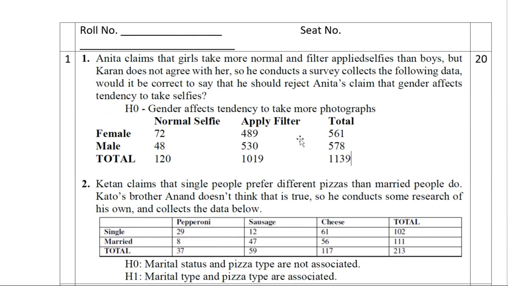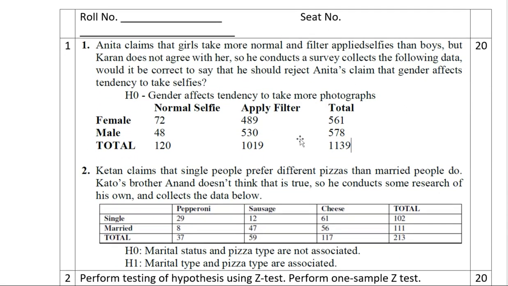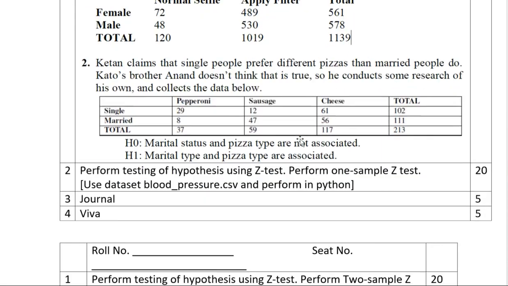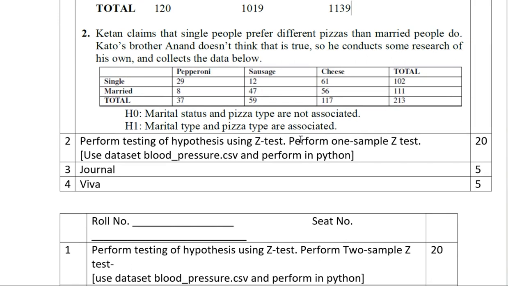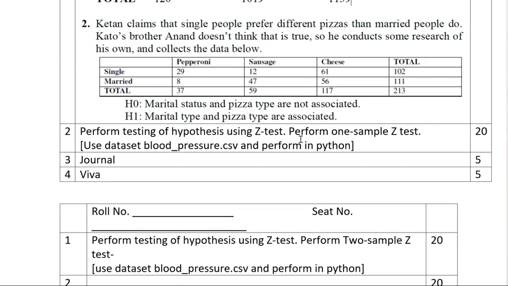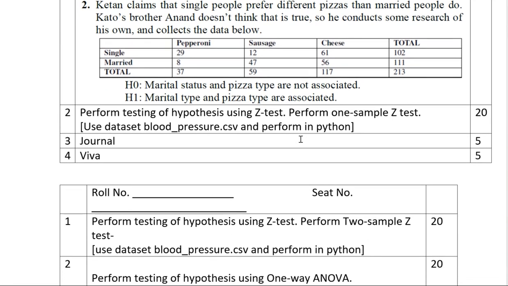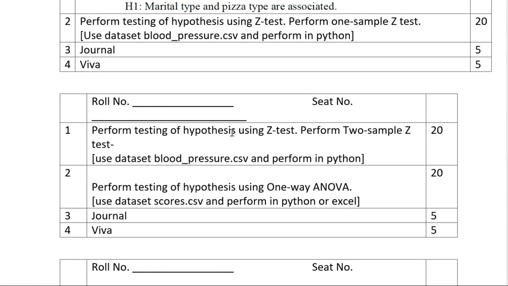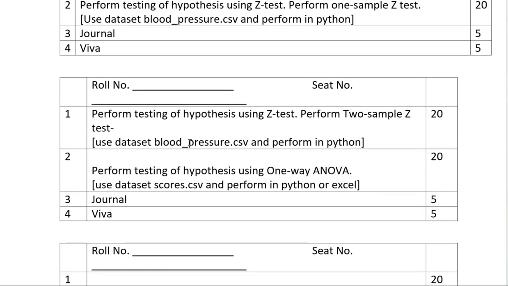In the same way we have to perform the chi-square test on the given data in Excel. Then perform testing of hypothesis using z test. For one sample z test, we have to use the blood pressure.csv and write the code in Python. In the same way, for the two sample z test, the blood